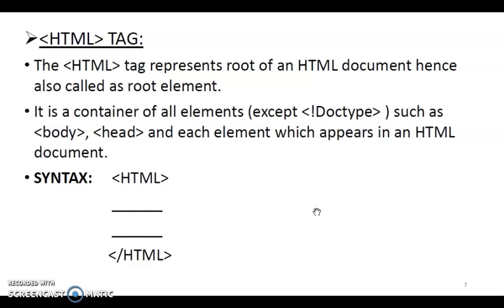Now why is it called a container tag? Because this tag requires an open and close tag. Okay, so you can see the syntax of HTML: the HTML tag is opened, then you have some other tags, and then in the last the HTML tag is closed. Okay, this is the simple syntax or simple structure of your HTML tag.